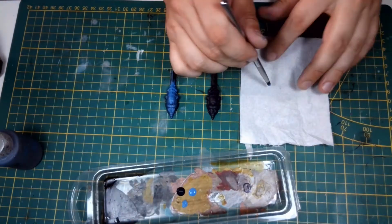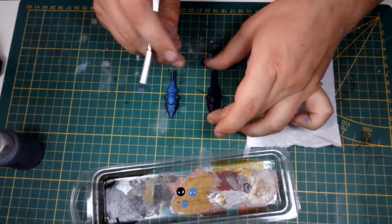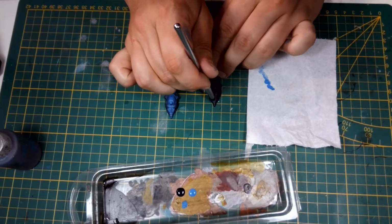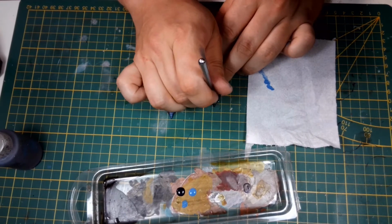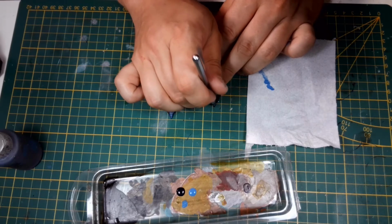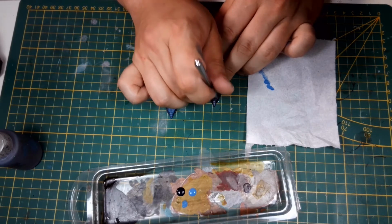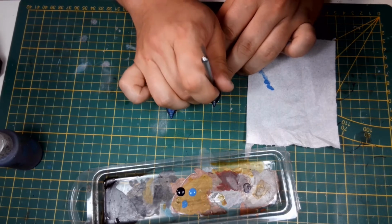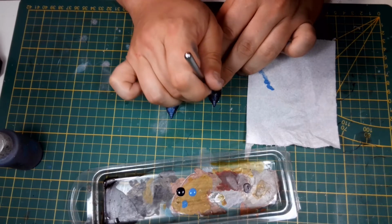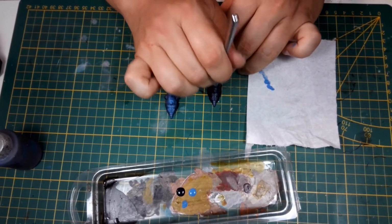And what I'm doing here is just grabbing that highest value color, the grey blue, and just wiping most of it off. And as you can see, the airbrush motion was mostly along the top ridge of this cruiser, so I'm just using a stippling motion across the top of that model, just to get some of the paint in the recesses as well, like an airbrush would have. And I'm just going down the whole model in this